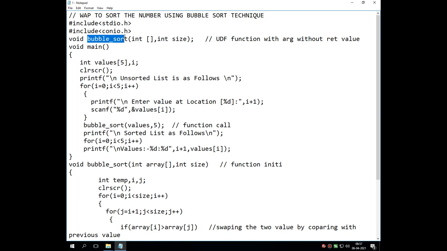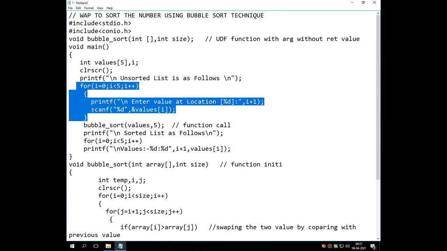Then the name of the function is bubble_sort, with two parametric values, where the first one is array and the second one is size. Then inside the void main statement, there is a declaration of two local variables, that is values and i, where values is a one dimensional array which stores any 5 values.